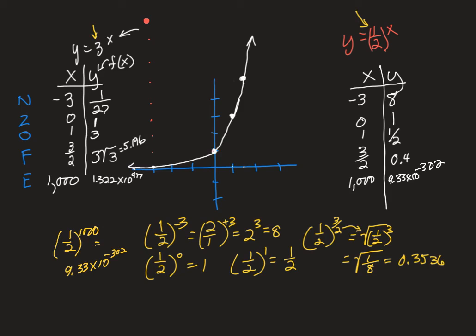And 0, 1, and 1 1/2, and 1.5 is at 0.4, and etc. So here we have the curve continue on. Notice it never reaches 0,